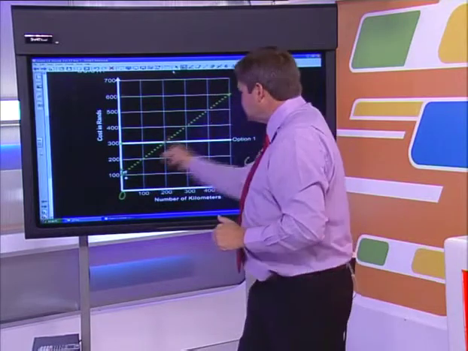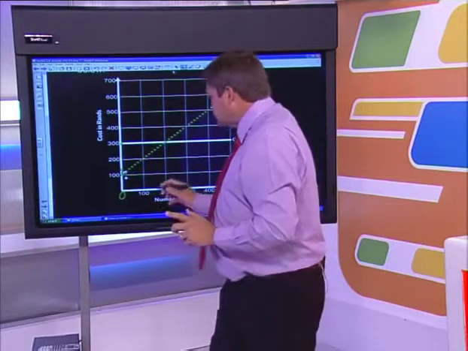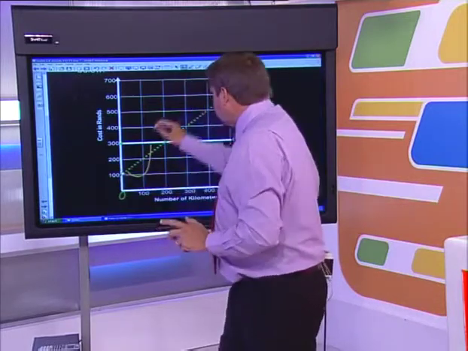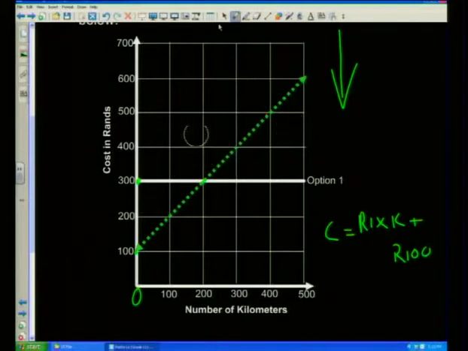For example, why is this thing here a straight line? Why is it a straight line? Why did this line not do anything like this maybe? Okay, let's get rid of that because that's quite ugly. So why have I got a straight line? Whenever I see a straight line, there's one word that's got to jump to mind instantly. Okay, and that's the word constant.